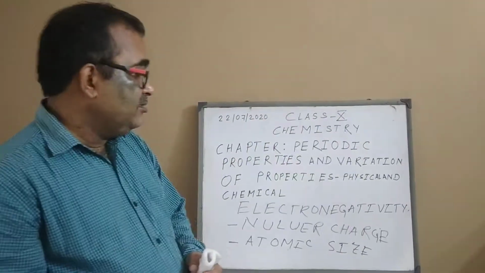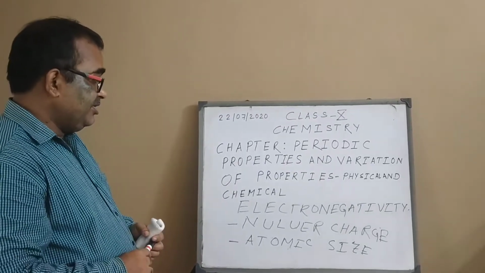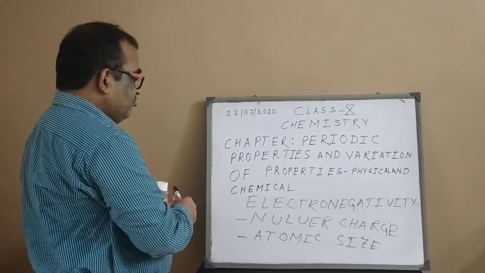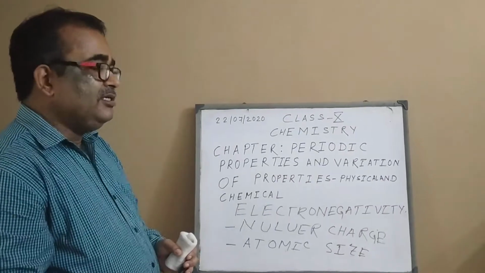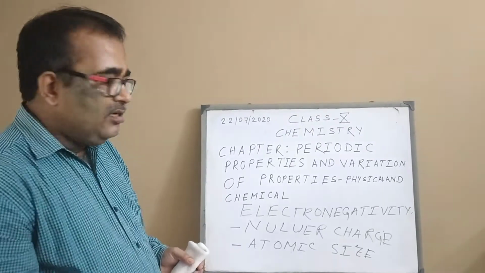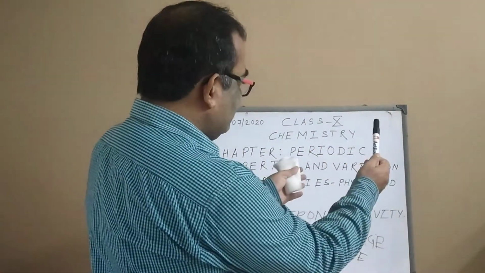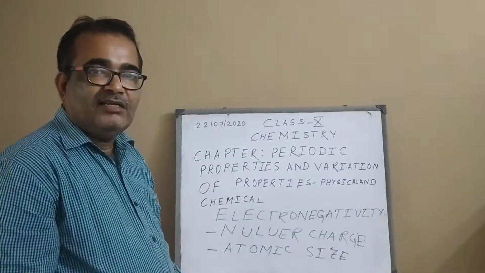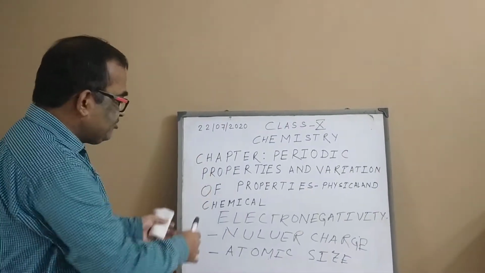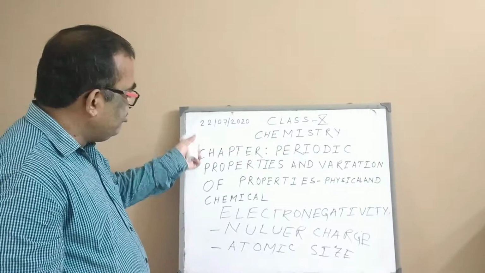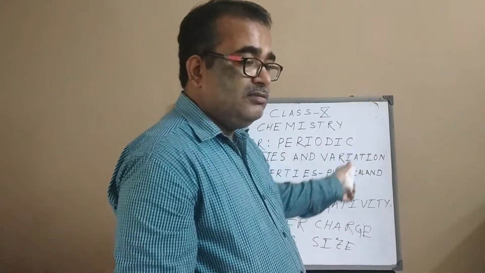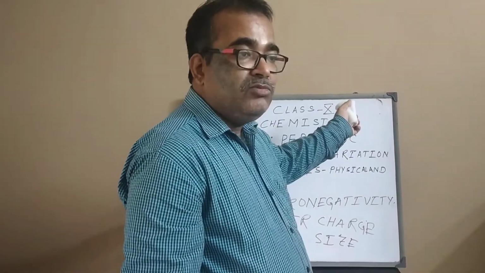Next property is reactivity. Now, chemical reactivity of the elements. Typically, as we move from left to right, the elements which are extremely left, they are highly reactive, and those which are not the noble metals, the group 17 elements, they are also highly reactive. Now, in case of alkali metals and alkaline earth metals, reactivity increases as we move from top to bottom along a group. But in case of group 17 elements, reactivity decreases as you move from top to bottom along a